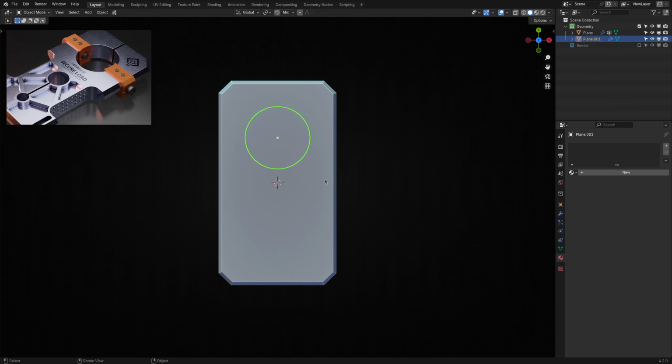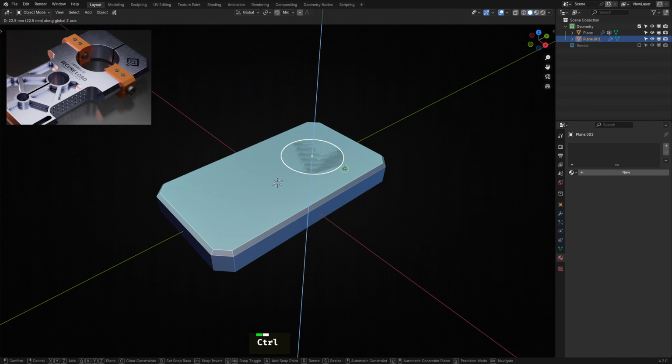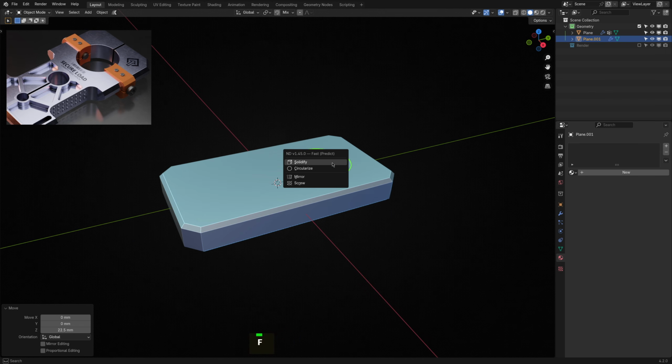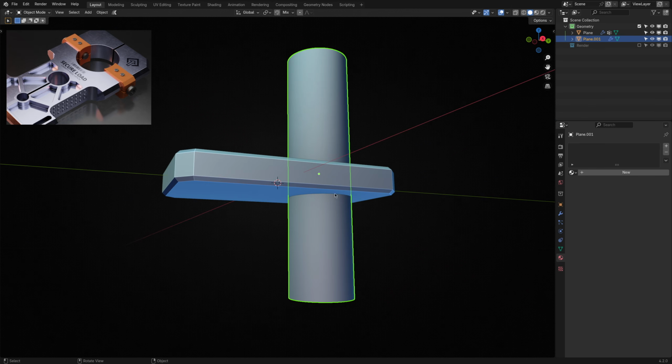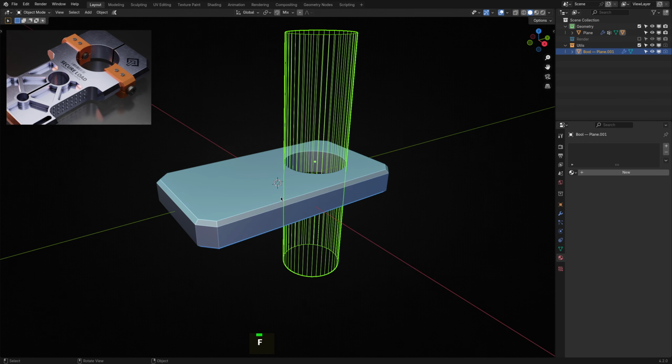Like most things in ND, don't sweat about the details up front, it's all non-destructive. Therefore, we can change the segment count if you need more or less later. Next, I'll align the disk with the face of the block. Neat. Let's give this disk some depth, as we'll use it as a Boolean utility object. With it selected, solidify it and make sure it extends through the bottom of the block. Then, shift select the block and run a difference Boolean.